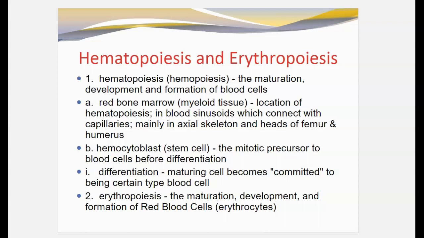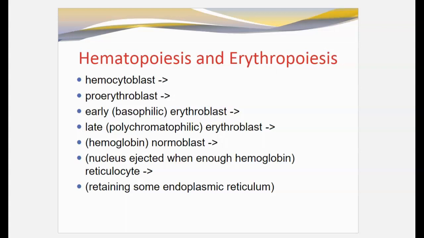It's always going to start off with a stem cell, a hemocytoblast, and then that cell will differentiate into a red blood cell when erythropoietin is present and other key factors are present. So it'll start off as that stem cell. It'll go through a life cycle where that will become a proerythroblast, and that will then become an early basophilic erythroblast and a late polychromatophilic erythroblast. Then that will become a normoblast, and then the normoblast will kick out the nucleus. When it kicks out the nucleus, you call it a reticulocyte